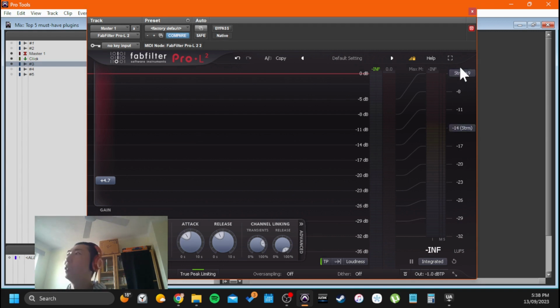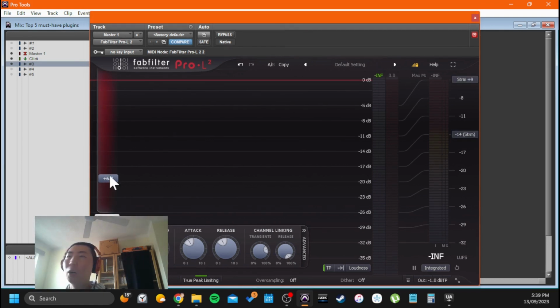Streaming's -14. Here, there's another stream +9. I don't know what that's about, but anyway, this gain knob that you can drag up and down and even click to specify the amount of gain you want added, it's directly linked to the LUFS. So for example, if you were looking for, let's say, -14 LUFS, and you played through your song in the limiter and you had this set to a gain of 2, and your LUFS ended up being -16,